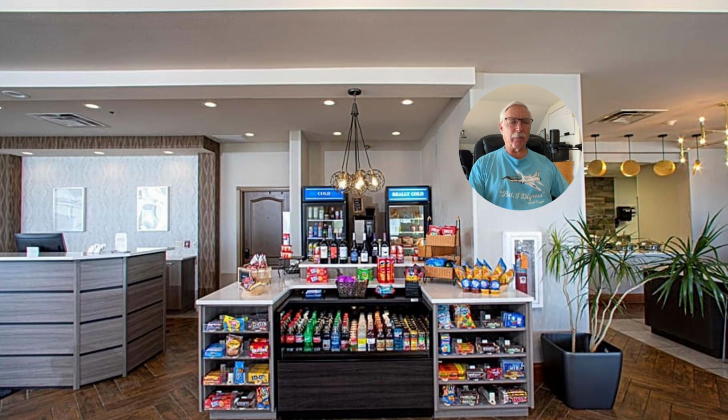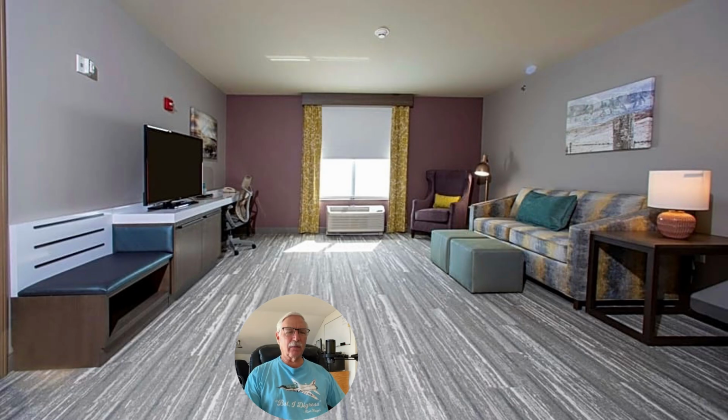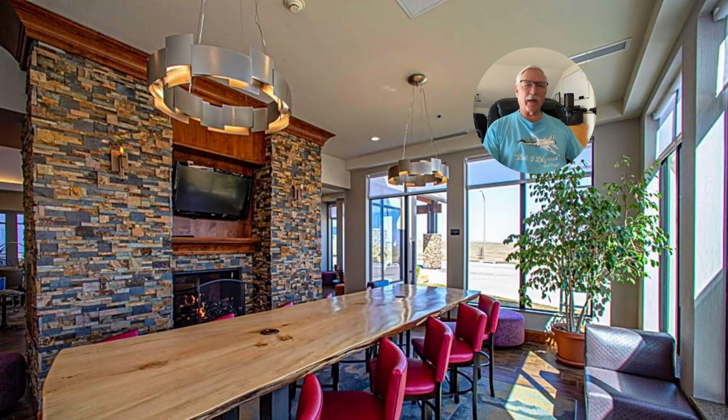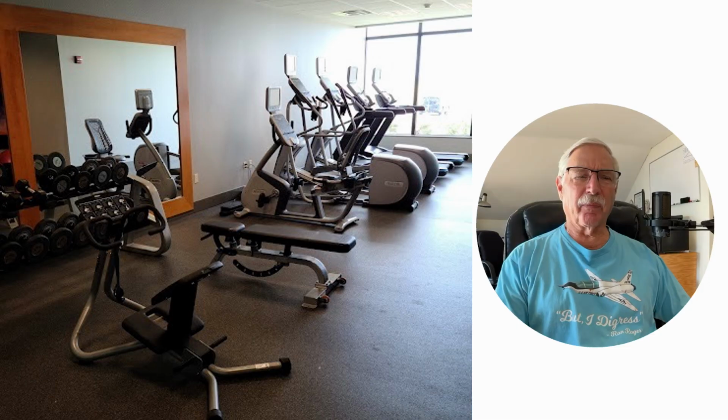And that can be interesting. You get to know the people at the snack bar and the regular bar, and you get to know them personally, by name. But hotel rooms get old really, really quickly. And the weather was bad, and a lot of things were closed down. Rapid City has a nice little town there, and you can go up to Mount Rushmore, but everything was closed down. The roads were just snowed in and everything, so we were kind of stuck. And it's a nice hotel, but after a couple of days, you get through the reading material you bought, and of course they've got a little gym, but after a while